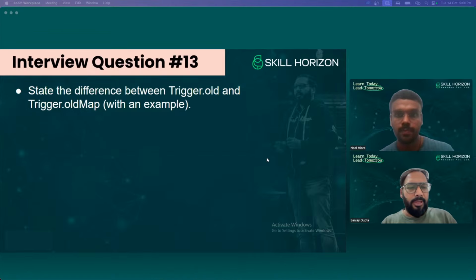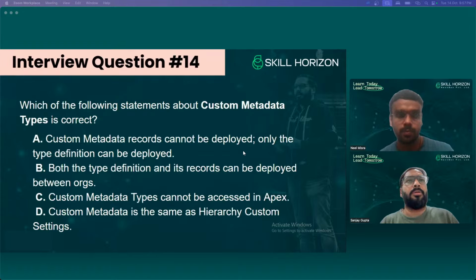Okay, so I think we can move on to the next question now. Question number 14: which of the following statements about custom metadata type is correct? There are four options, just read them quickly and then try to answer. If you are not aware of custom setting and custom metadata type, do implement. I am running another series, the 100 days Salesforce challenge, in which I already explained custom setting.